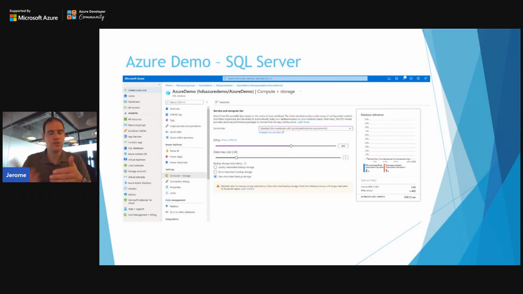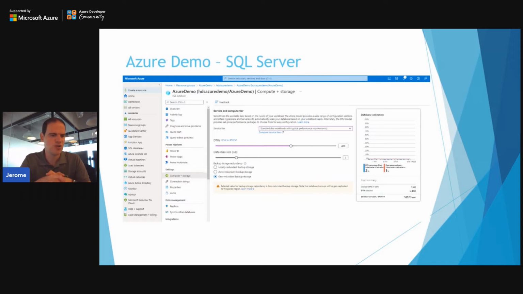Again, through the Azure portal, once you're connected to the database, you can just click a few buttons and change the compute and storage capabilities of your database. So Azure has multiple pricing options, a standard model which allows you to select the number of vCores that you want to assign to your database, or a